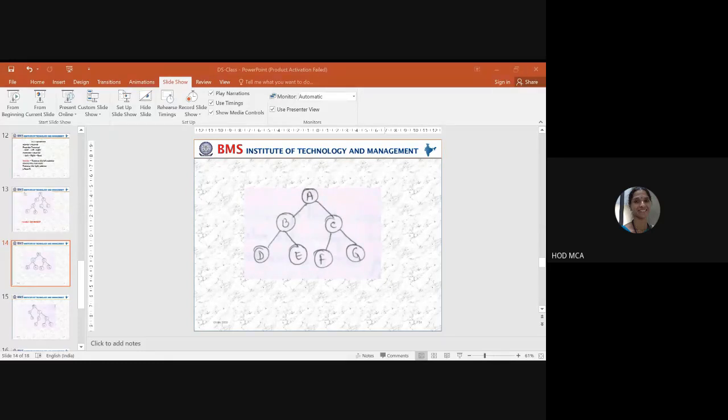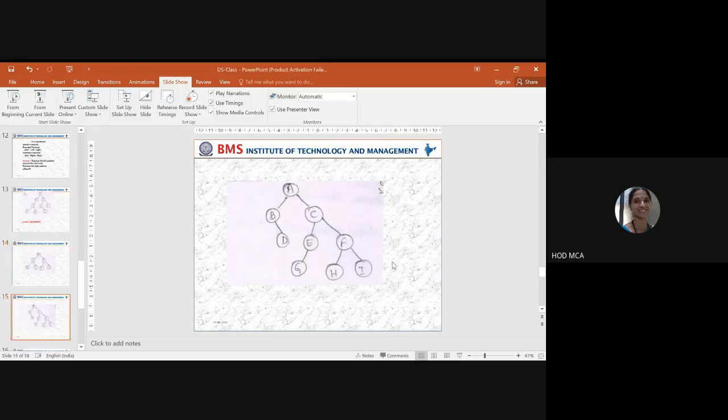D, B, E, A, F, C, G is right actually. Good. Ashok has got it right. Maithili got it right. Nishant also got it right. Rashmi got it right. Akash got it right. Sunil, what are you doing? I didn't hear from you. Fine. Good, all of you. Take up the next one. Put up one more tree. Try for that, in-order alone.